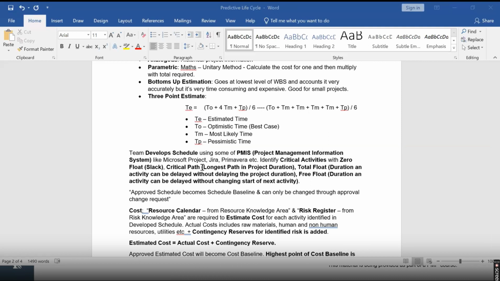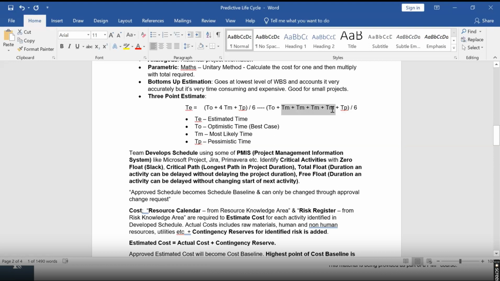Triangular distribution doesn't make sense at all. Why? Because you give equal weightage to all of them, which is why it's wrong. Because these are the rarest scenarios. This is a rarest scenario. This is also a rarest scenario. You can't give equal weightage to a rarest scenario, because what is most likely to happen is something else, which is where